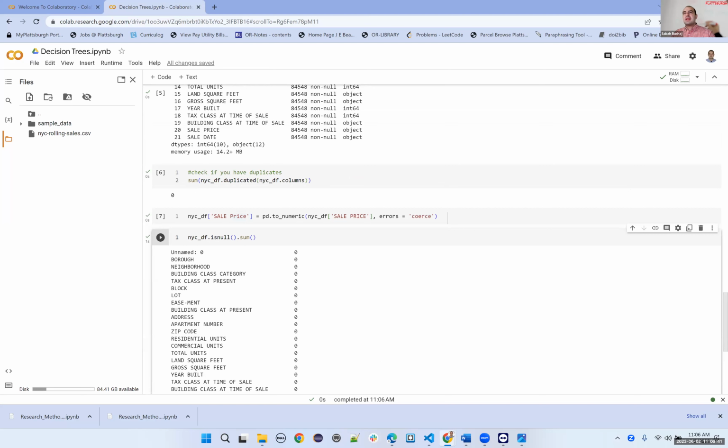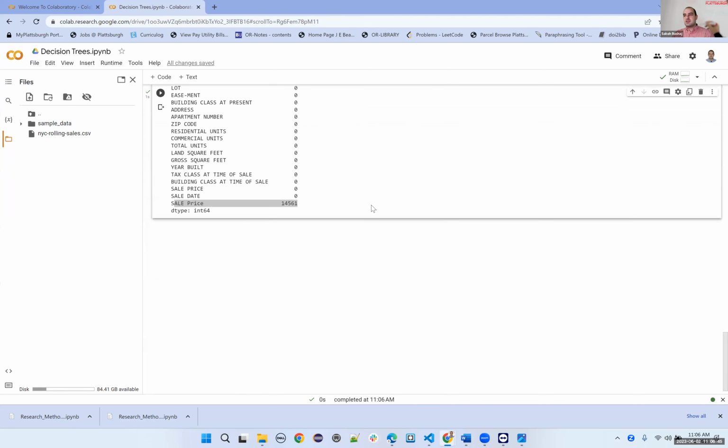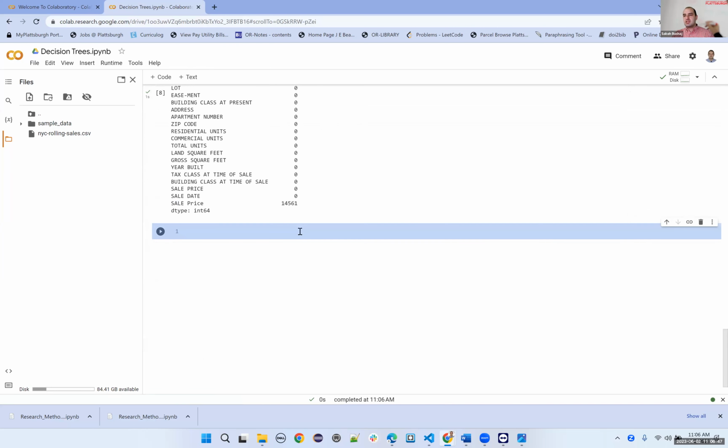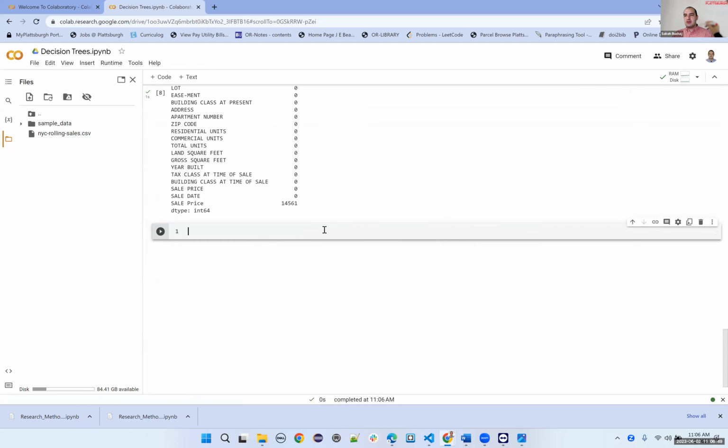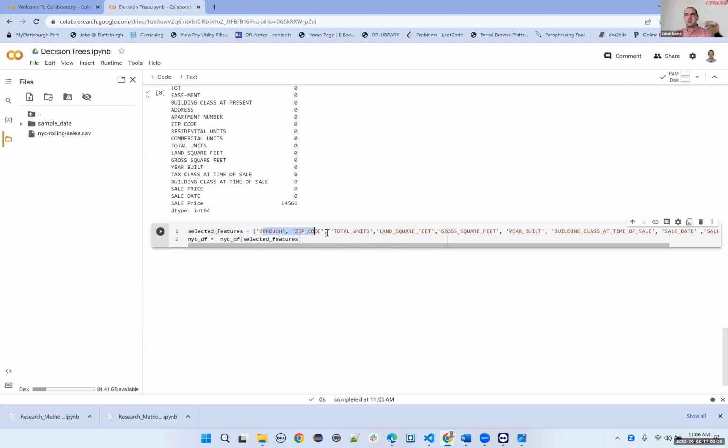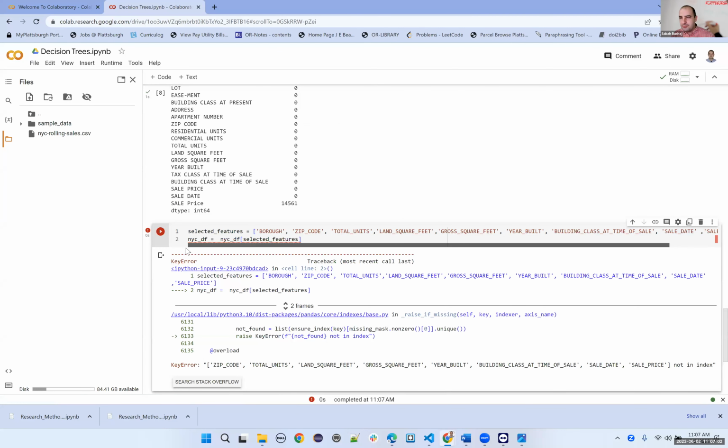So in order to make this easier, I'm just going to use some selected features. How I do that, I can just say that in this whole data frame, I want to use borough, zip code, total units, land square feet, gross square feet, and then of course sale date and sale price. So now if I run this,